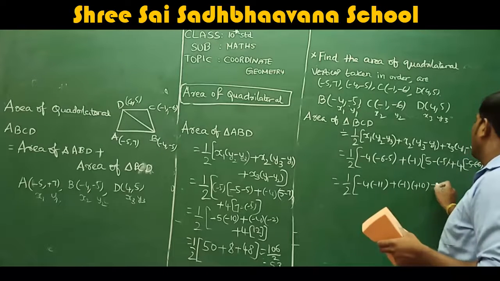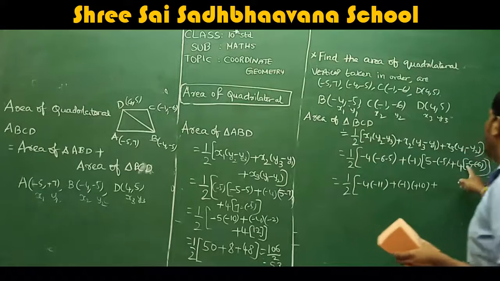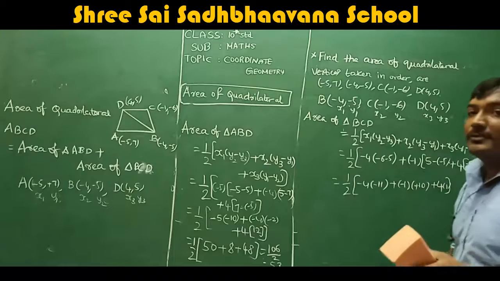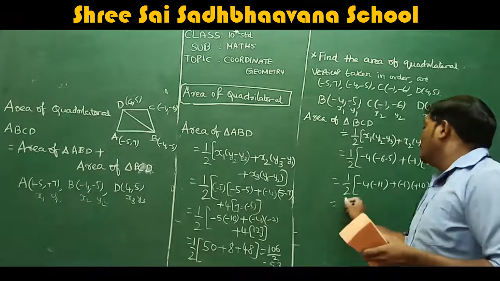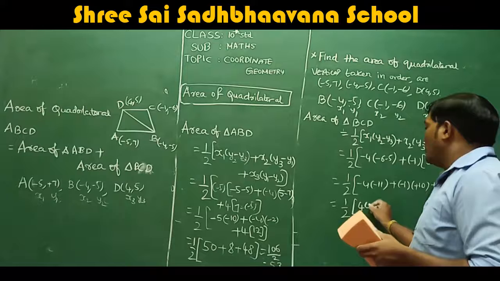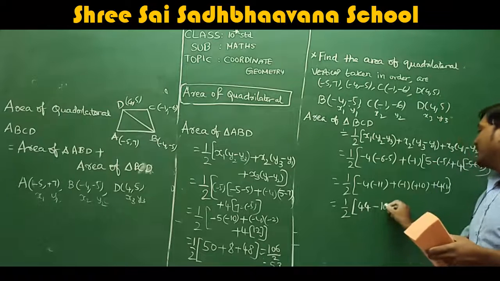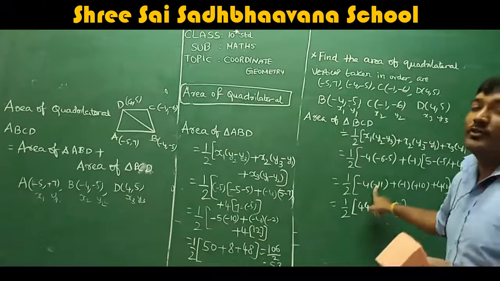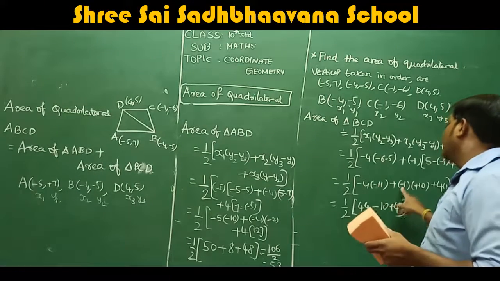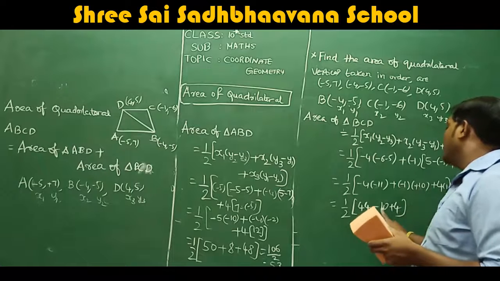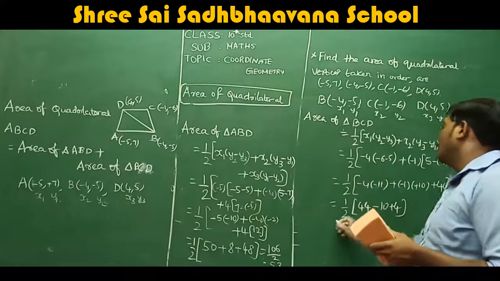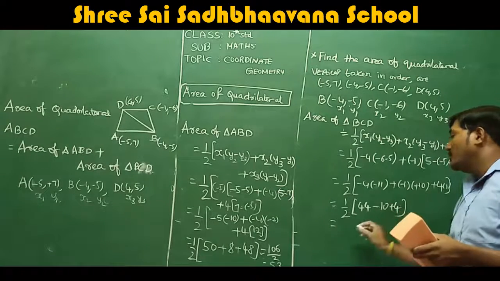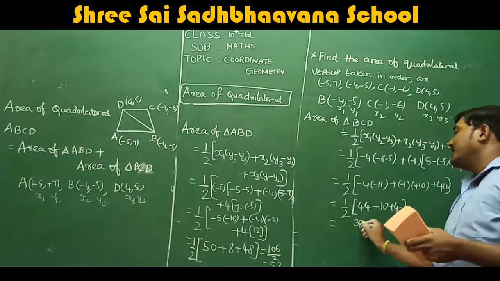Sorry, 5 plus 5 is 10, plus 4 here, minus 5 plus 6, which will give you 4 into 1. Because minus 5 plus 6 is 6 minus 5, which will give you 1. Half into 44 minus 10 plus 4. Correct? Minus 11 into minus 4 is plus 44, and minus 1 into 10 is minus 10. 4 into 1 is 4. So that gives 44 minus 10, how much? 34. 34 plus 4, 38.